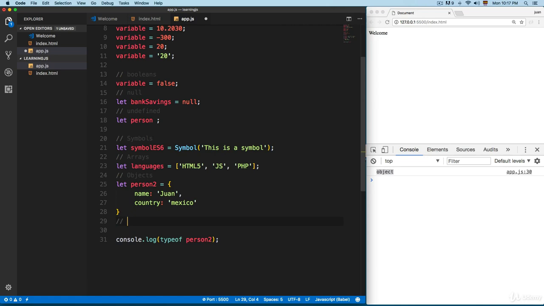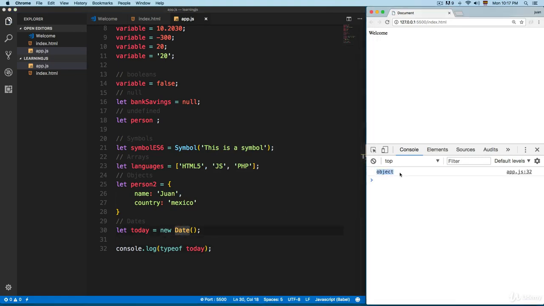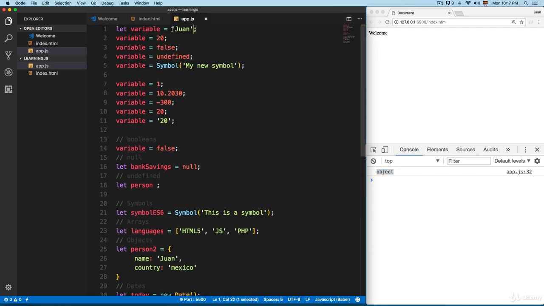Finally, let's review the dates. So date, we're gonna add let today equals new Date, and we're gonna send this today variable to the console, and you can see that dates are also objects in JavaScript. At the end in JavaScript, you only have strings, booleans, undefined, symbols, objects as the primary data types. They are also known as primitives. So this is it for the